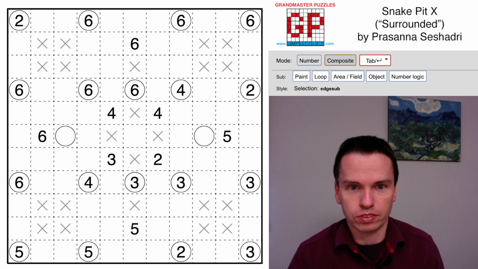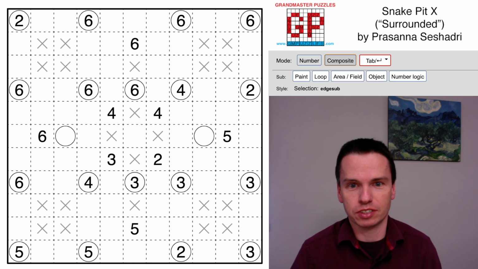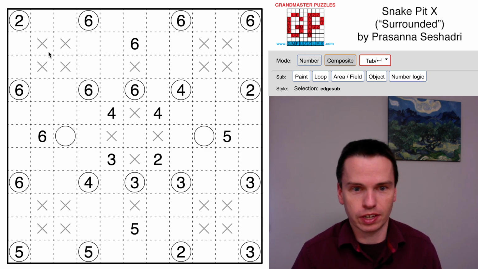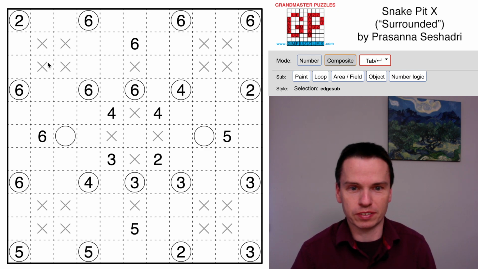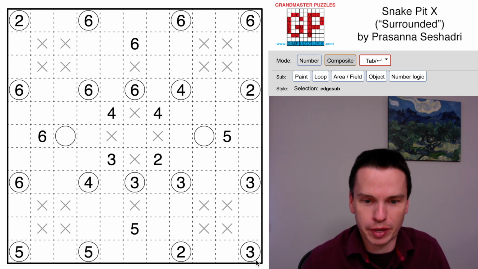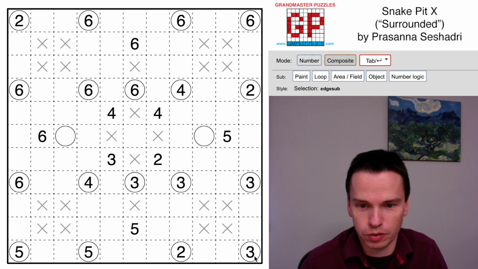We're here to talk through the Snake Pit X puzzle by Prasanna Seshadri called Surrounded. It's got these circle rings, but with 4 X clues, and the fact that there are no ends in these spaces are going to be a pretty good tension in each of the corners of the grid. I'm actually seeing in the lower right one quick place that works straight away, and one of the things to